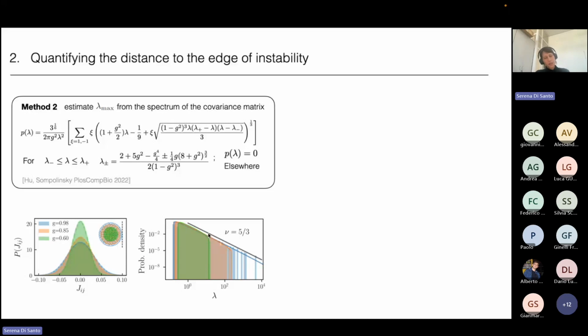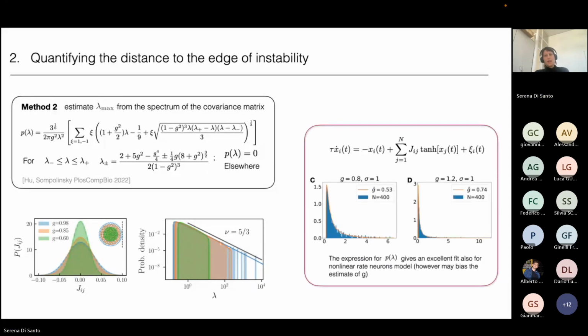And in particular, what one can see is that for g approaching 1, which is again the edge of instability, the support of this distribution goes to infinity, so it becomes larger and larger. And in particular, this expression becomes a power law with exponent minus 5/3. Again, for our peace of mind, they could show that for a nonlinear system, so now we have this transfer function stage,